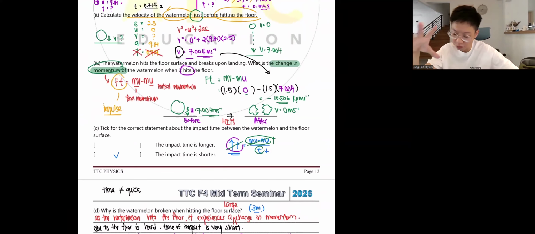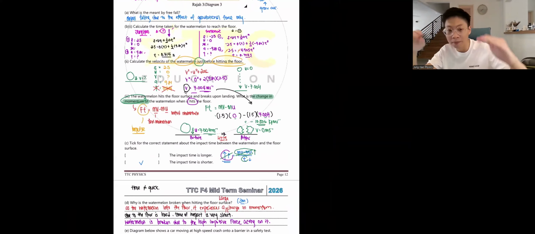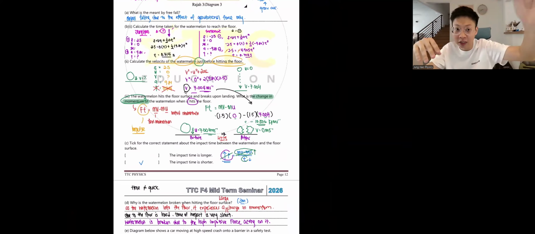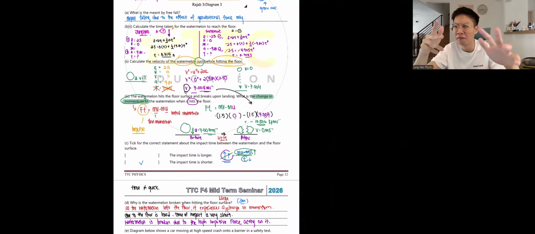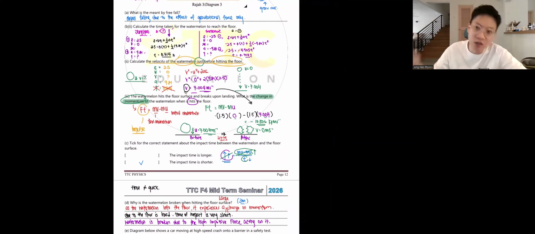Usually you will see a structured question will be like probably theory at the bottom, definition at the top, then some calculation. Usually a theory part will range from about 9 marks. Usually it's around 9 marks. So if you guys have no problem, let's go to the next part.